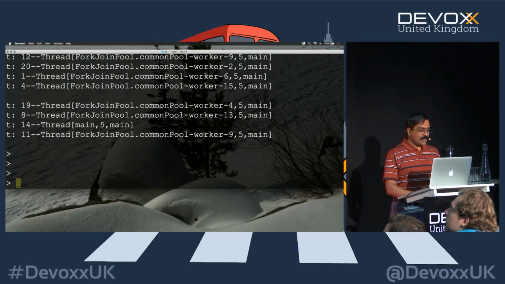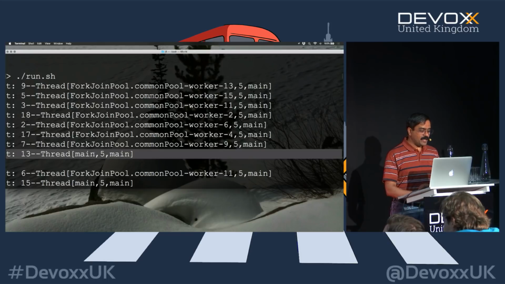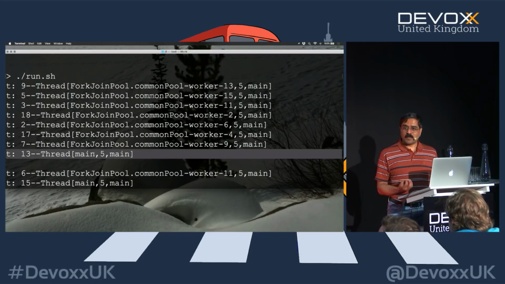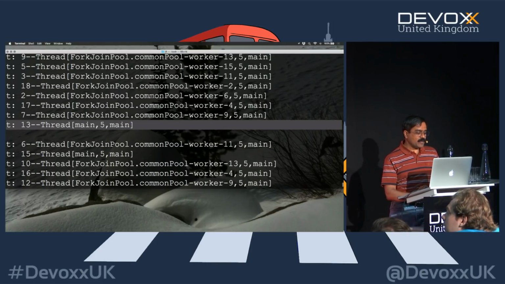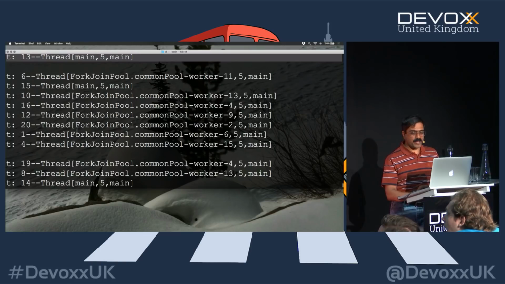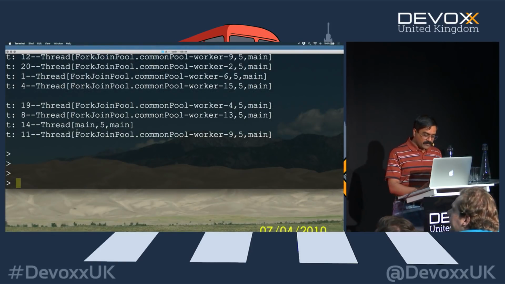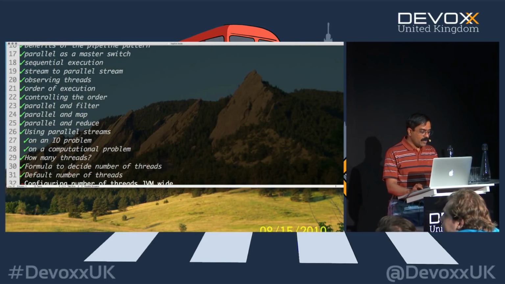So you can see that it ran in 3 batches because it is based on the number of cores that I have. Hey, for the first time you can see main doesn't have 7. The first batch you are seeing here, and then when that's completed, the second batch, and then of course the third batch is running. So that's split across for these 3 different things. That's how it's going to schedule it based on the common pool of threads.